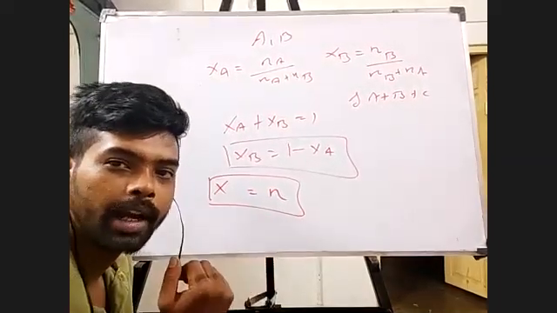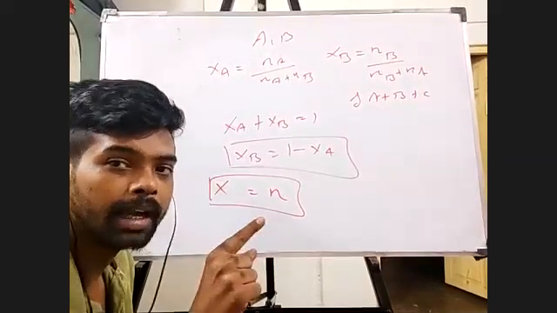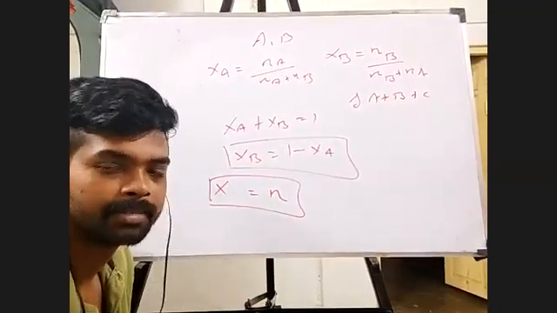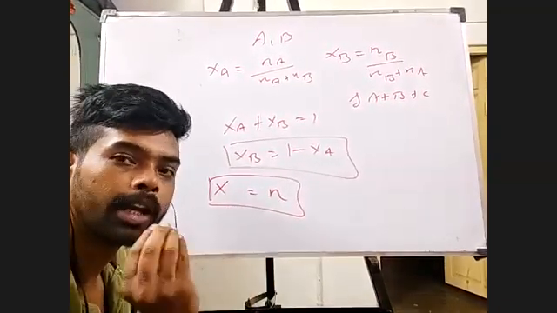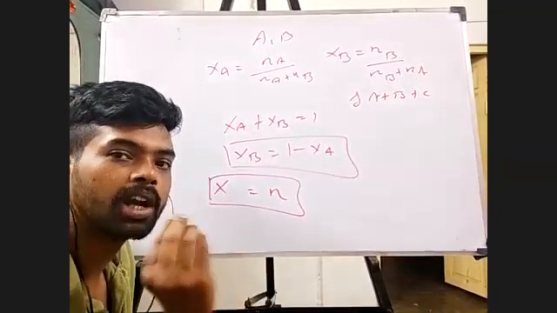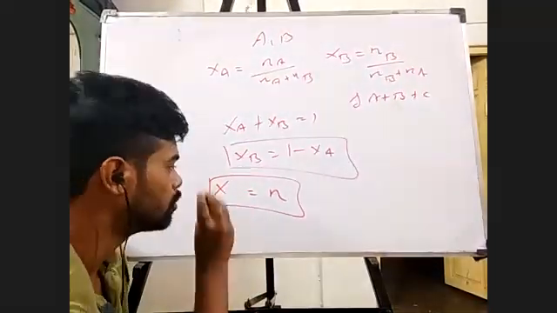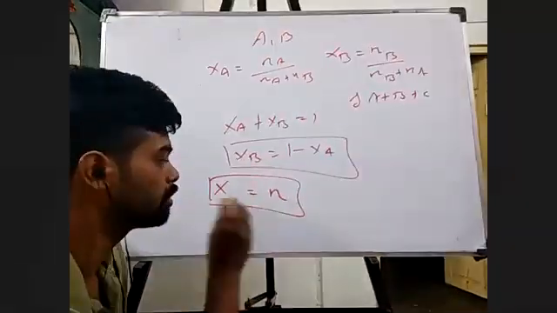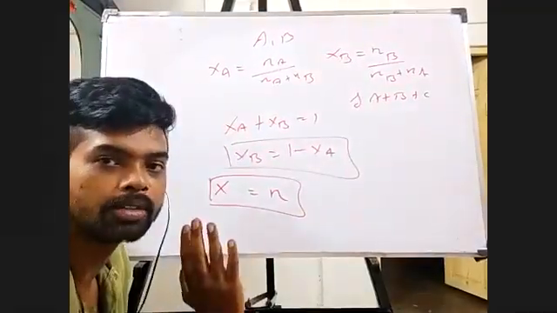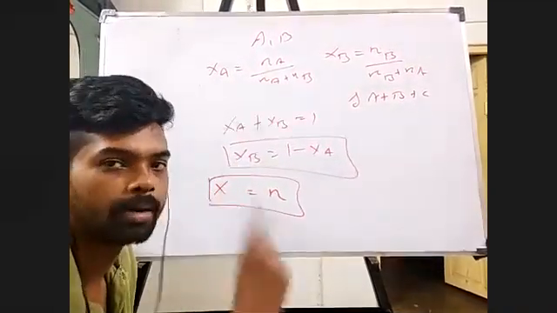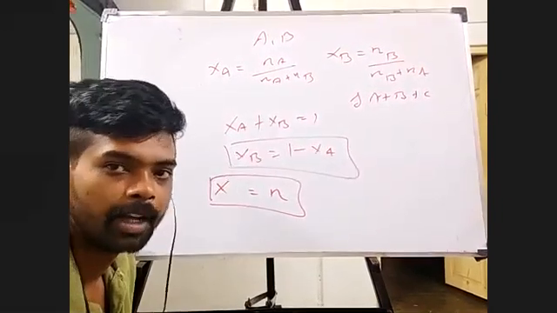Now, how can I do this? Assuming that the total number of moles in the mixture is 1. So if only mole fractions are given, and no data about number of moles is given, in that case, assume the mole fraction is equal to the number of moles, taking into account that the total number of moles in the mixture is 1. Are you able to understand?